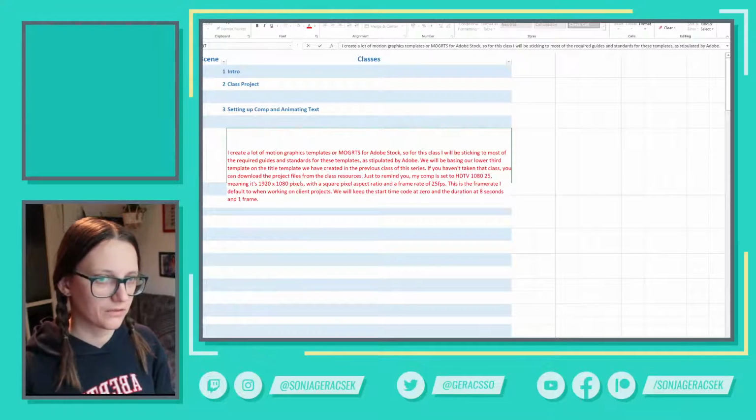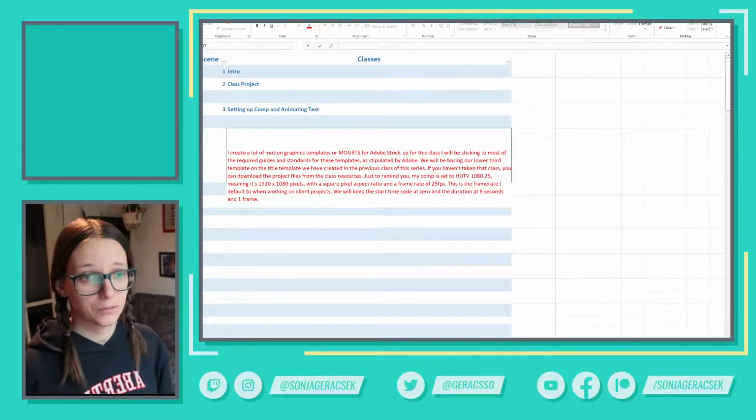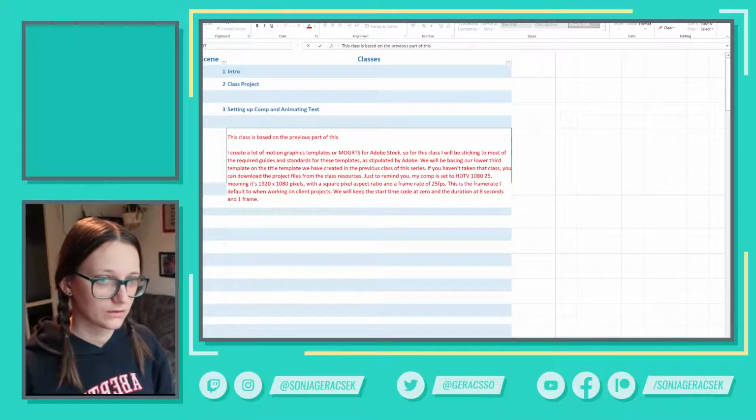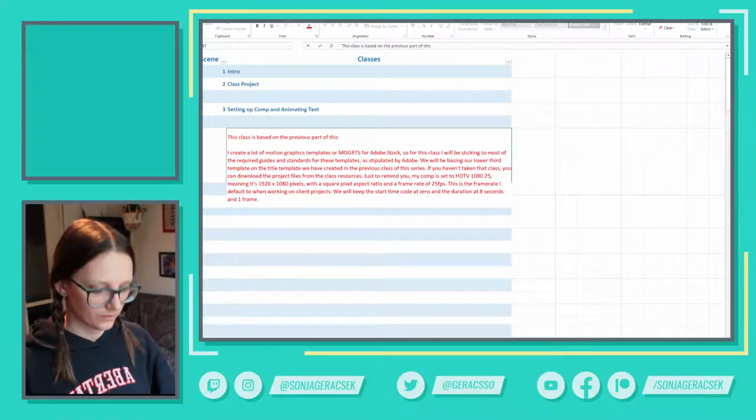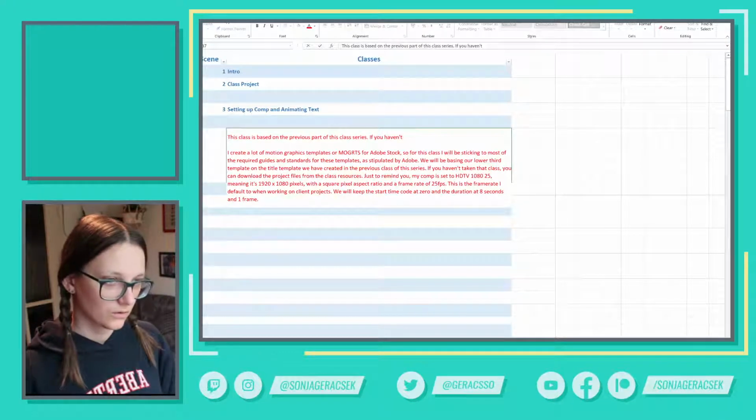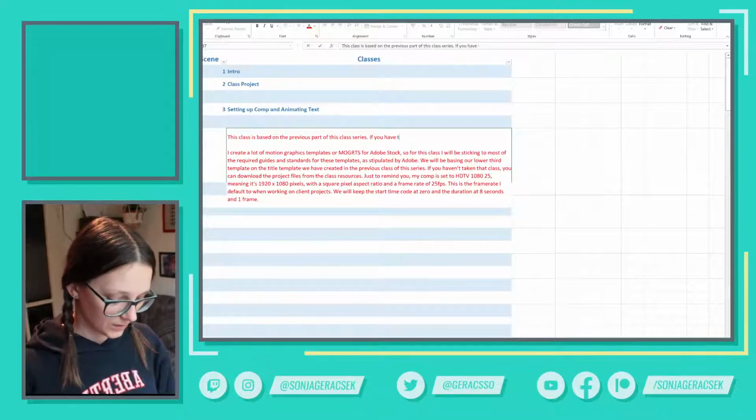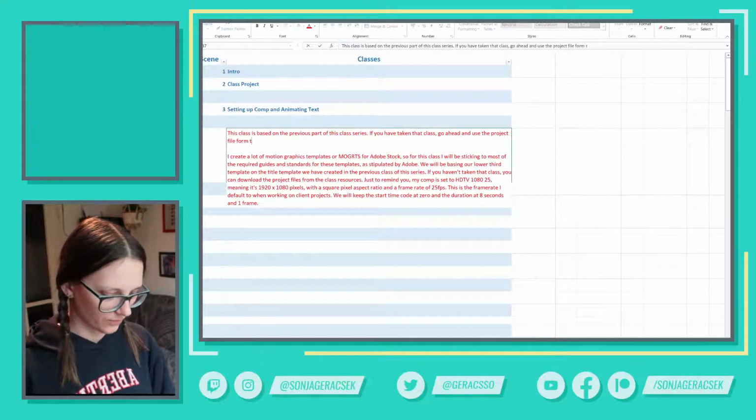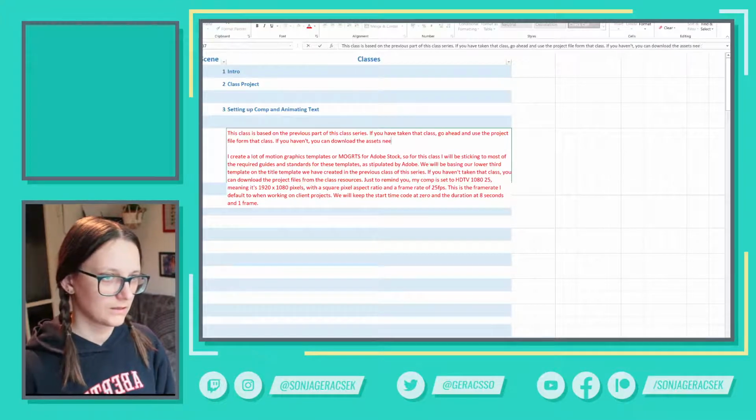I probably want to start with something like, if you've taken the first part. This class is based on the previous part of this class series. If you have taken that class, go ahead and use the project file from that class. If you haven't, you can download the assets needed